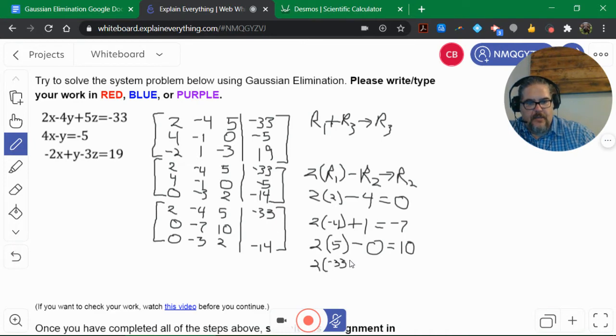-33, minus row 2, which is a negative 5, so that actually ends up being plus 5 equals. So 2 times negative 33 is a negative 66, plus 5 is negative 61. Okay, negative 61. Okay, so now,